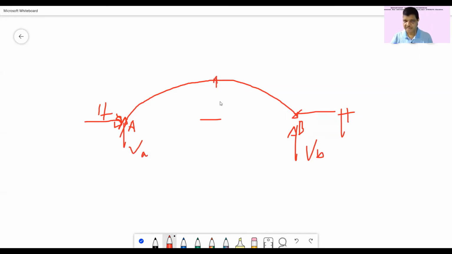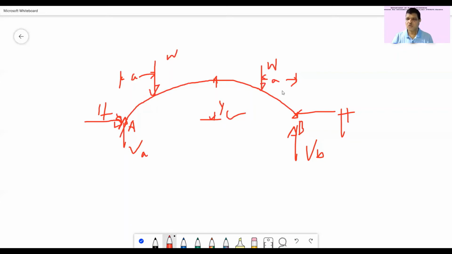You can take YC as the ordinate or Y, whatever, right? YC means Y at crown. Okay. And let the two concentrated loads act on both sides at a distance A from the support. So from here to here, this value is A, and from here to here also there is a concentrated load W, and this value also is equal to A. Right. So this is the problem now.